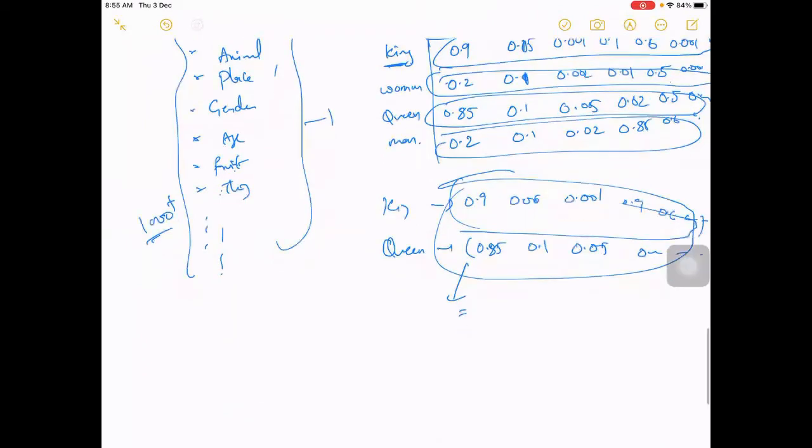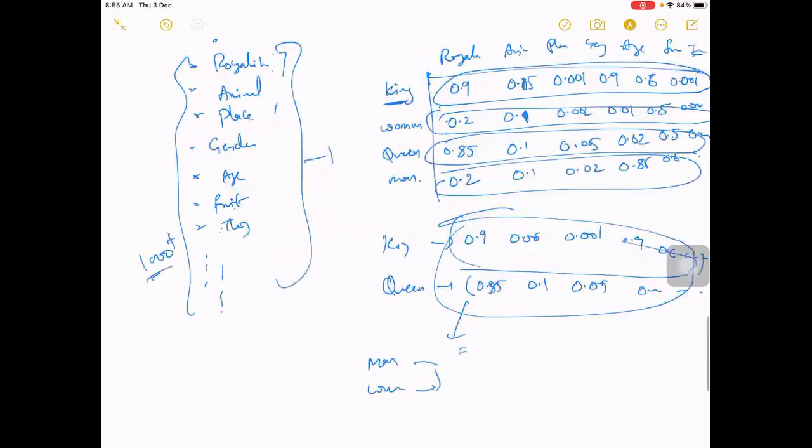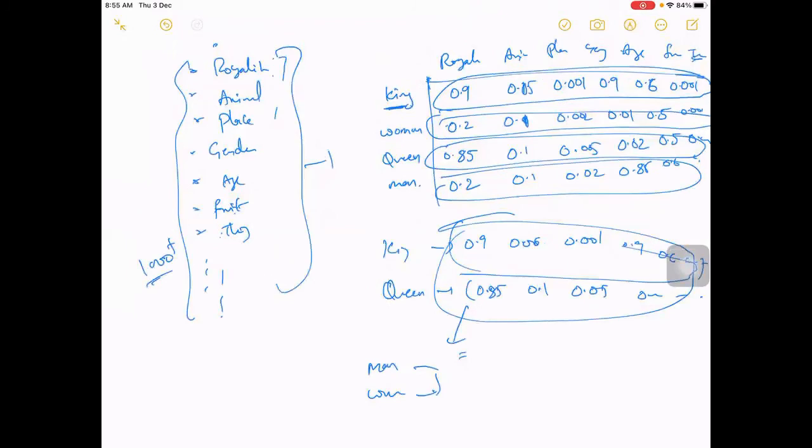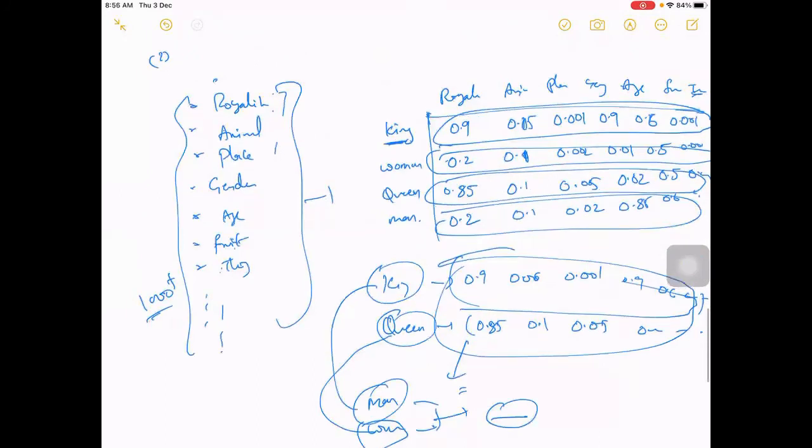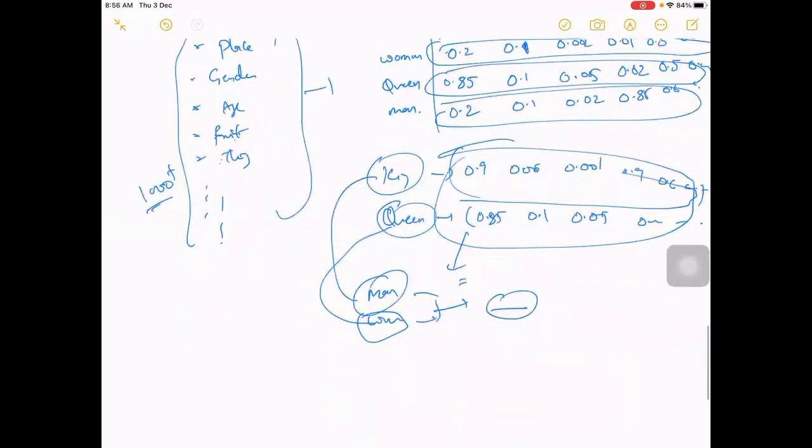So similarly, we can also say that man and woman are also similar, because you will be getting something common. Where is it common? Some place where you get some commonality, because of which you again get some similarity, which in turn you can get between king and man, right? Because of these kinds of things, we will be able to get a similarity score. So this kind of representation makes much more sense compared to the previous thing. With that we can do a computation, and it also makes very good sense.